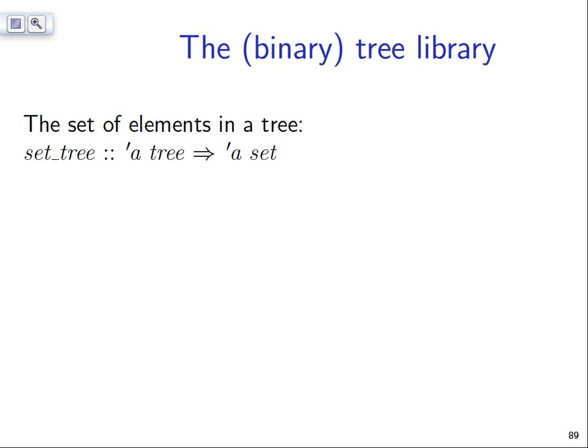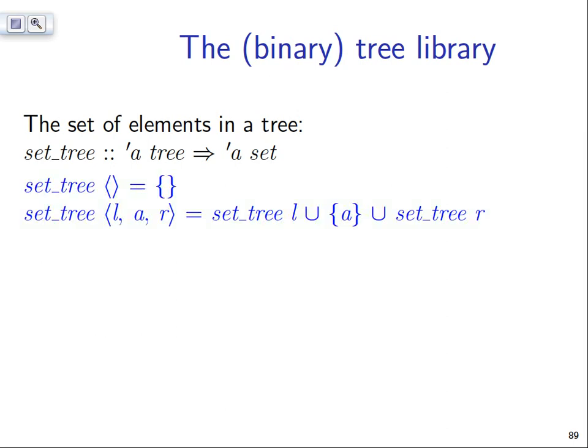What else is there? Yes, the elements of a tree. So the elements in the nodes of the tree. That's important information about the tree. So we have a function set_tree. There are various set functions that, given some container, produce the elements in that container. Typically they are written set and then underscore, and then comes the type of what kind of container you are taking the elements of. And here you're taking the elements of a tree and get a set of elements back, and the definition is